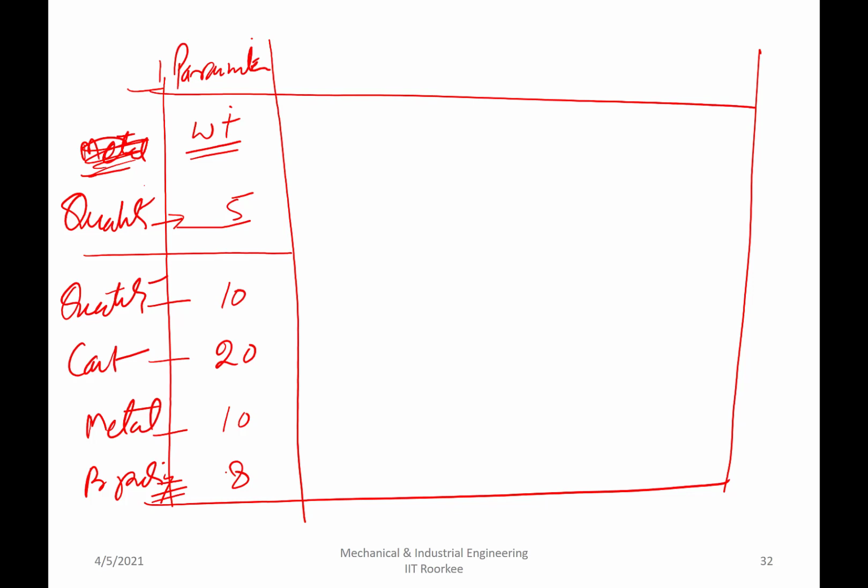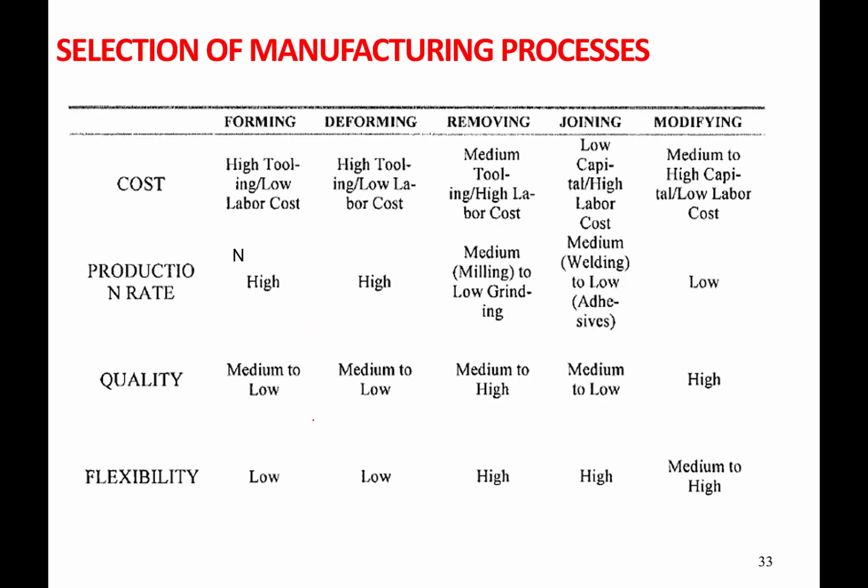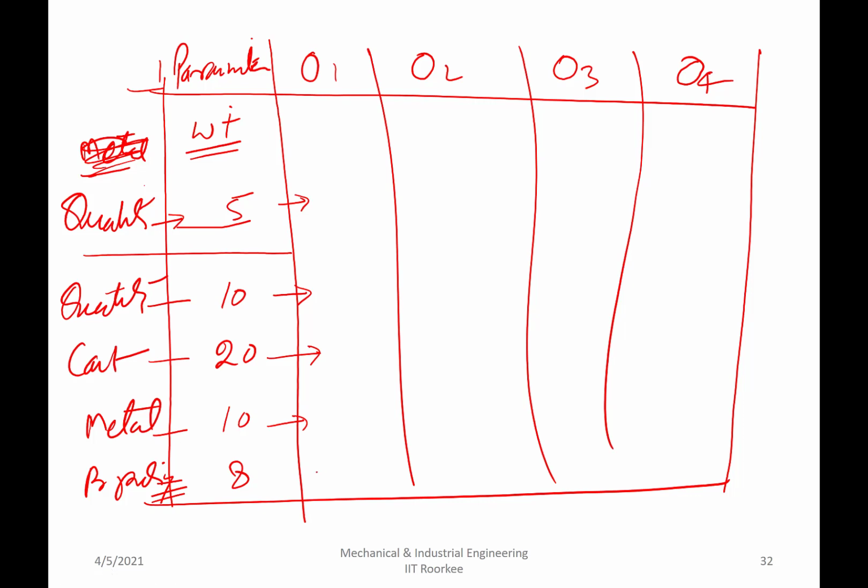Then you have the various options that are available. What if you use a particular thing for selection? So option 1, option 2, option 3, option 4. How much you can produce using one option, what quality you can realize through another option, what will be the cost using another option, what metal can be processed using a particular route. You try to go for that. What properties can be realized through a particular option.